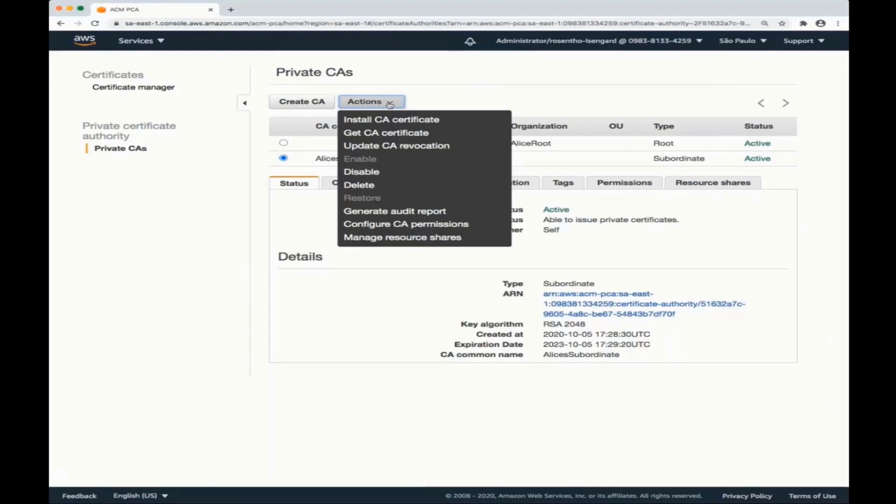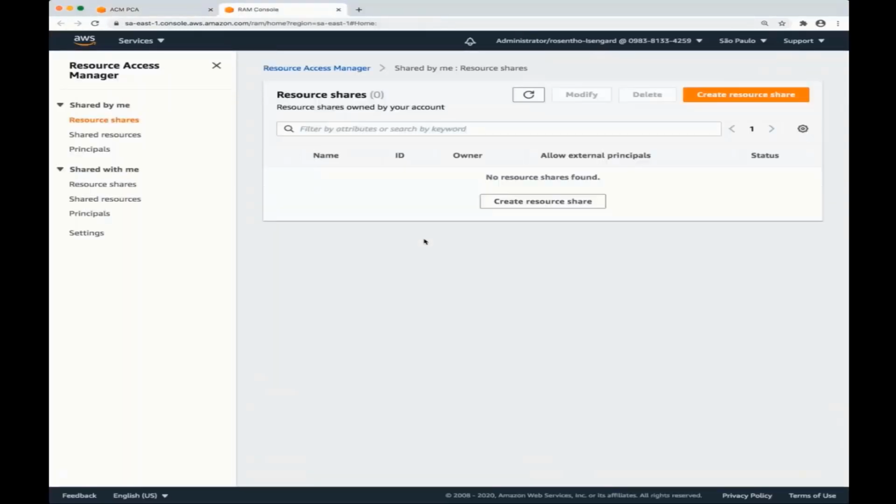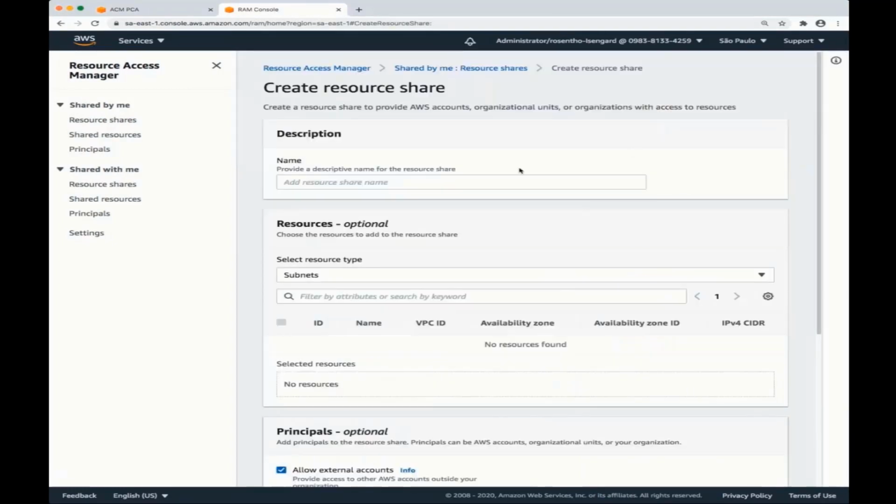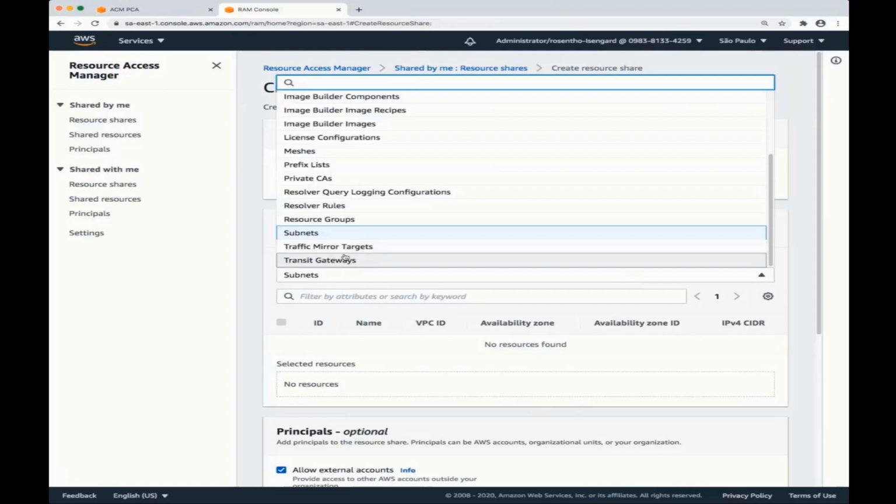So we're going to go from the private CA console to manage resource shares. This is going to bring us to the Resource Access Manager console and allow us to create a resource share for Alice. So we clicked on create a resource share. Now we're going to create a name. So Alice's subordinate. We're going to select a resource type, in this case,